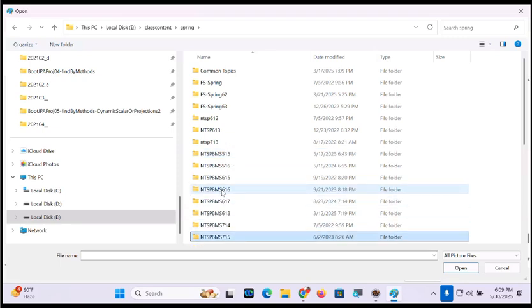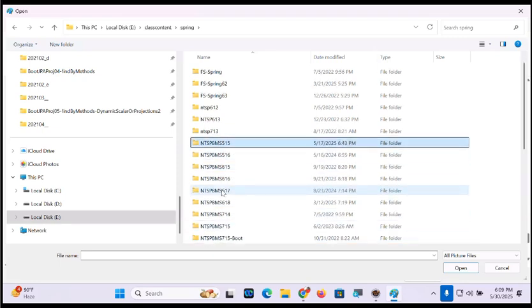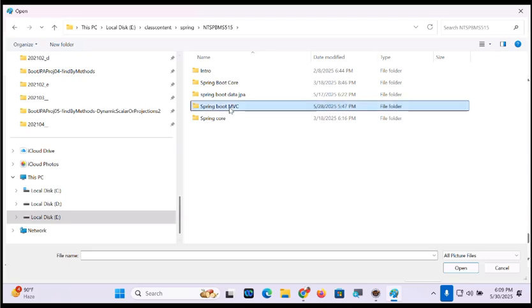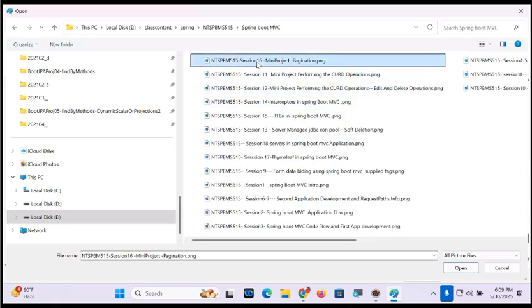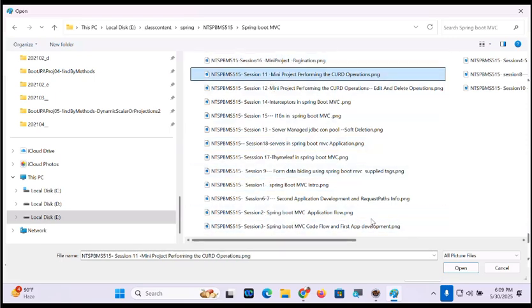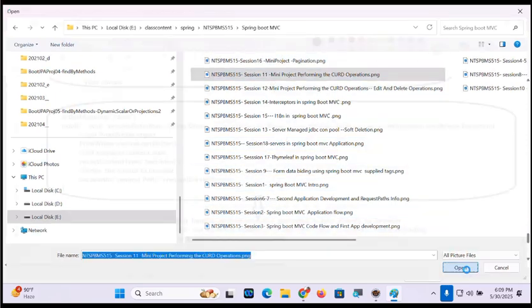Here, where is this? 515 Boot MVC. What is the option, guys? 11, second one: mini project with CRUD operations.